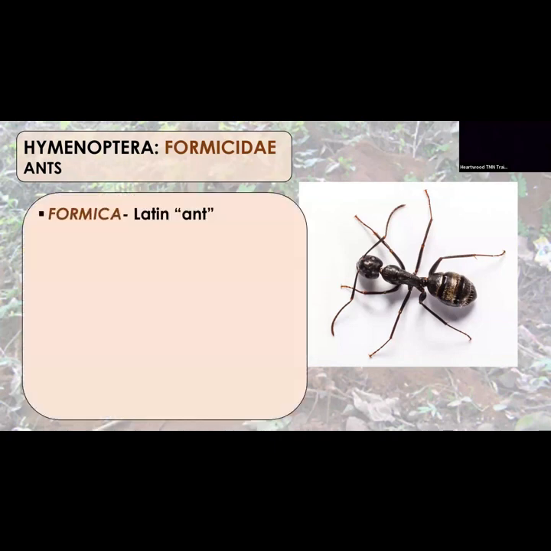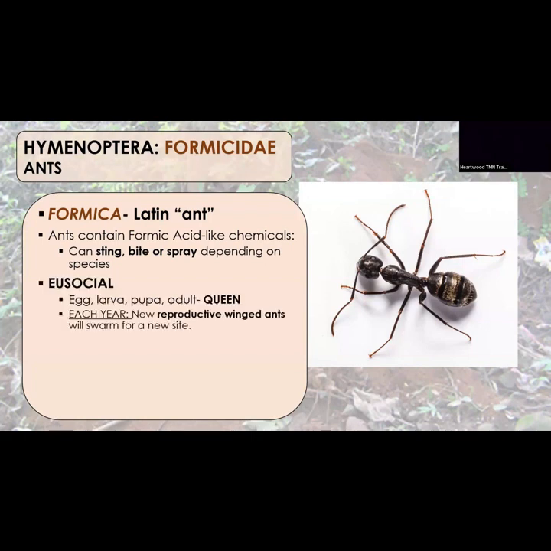Finally, ants. Formica is Latin for ant. I didn't know that. But also a lot of ants have formic-like acid in their bodies, and the chemicals that they secrete have a strong correlation to formic acid. So I'd like to think it's along those lines that they shoot formic acid at you. Ants can sting like a fire ant would, or they can bite you, or they can spray things at you. It just depends on what their body is modified for.